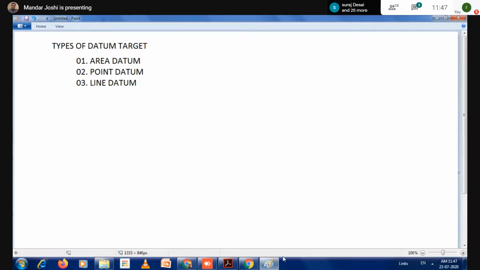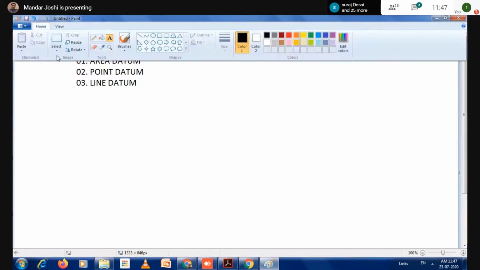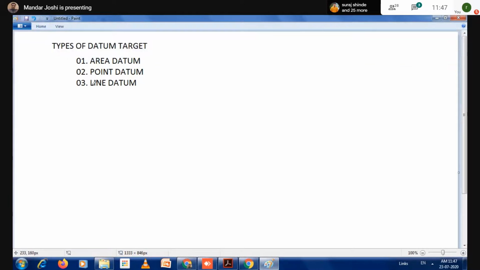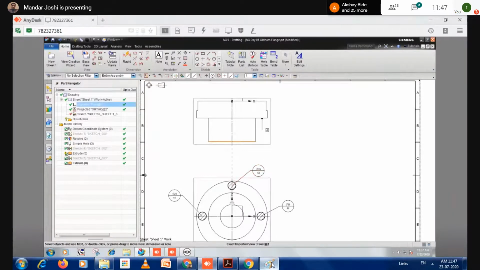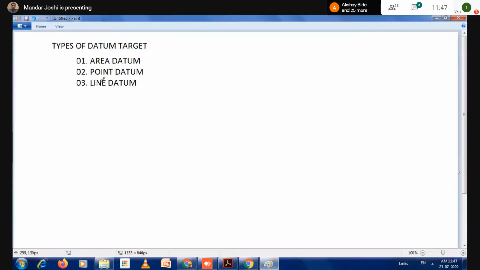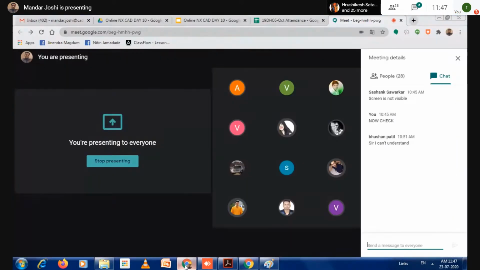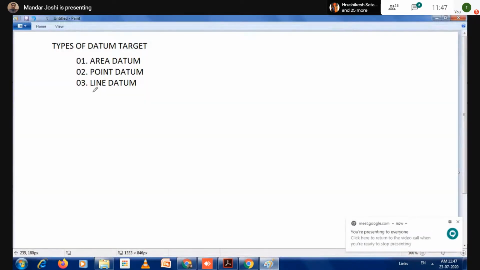Now whatever we learned today, can you tell which type you have learned today? This type comes under which category? We learned one from this.